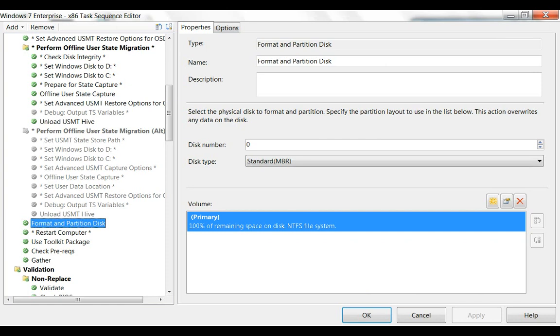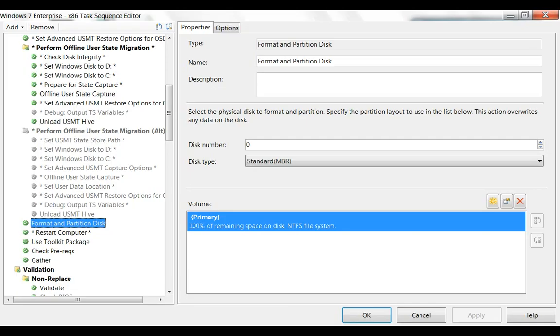Well, based on the conditions of each of these steps, only one will ever get executed on a system per deployment. Before we look at the conditions of this step, I would like to point out here that all the actions we've reviewed thus far have occurred before we've done anything destructive to the system, like repartitioning and formatting the drives. So thus far we've been successful in implementing customizations to meet our objectives to extend user data migration and